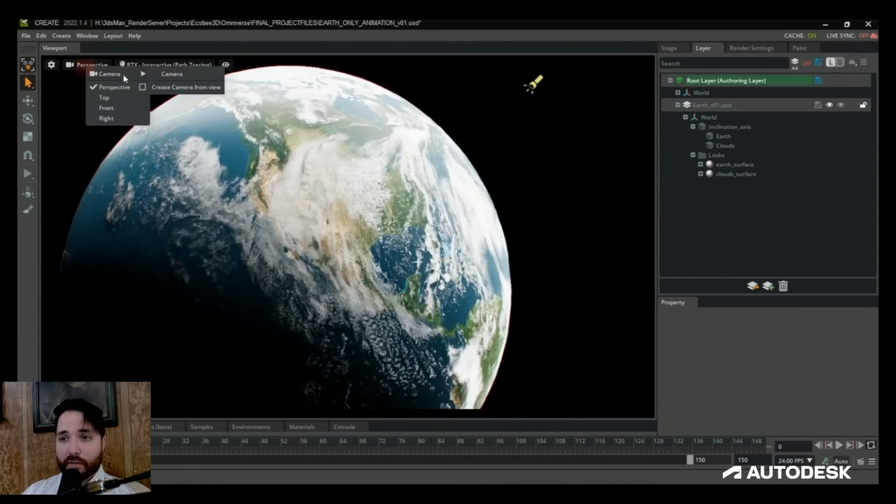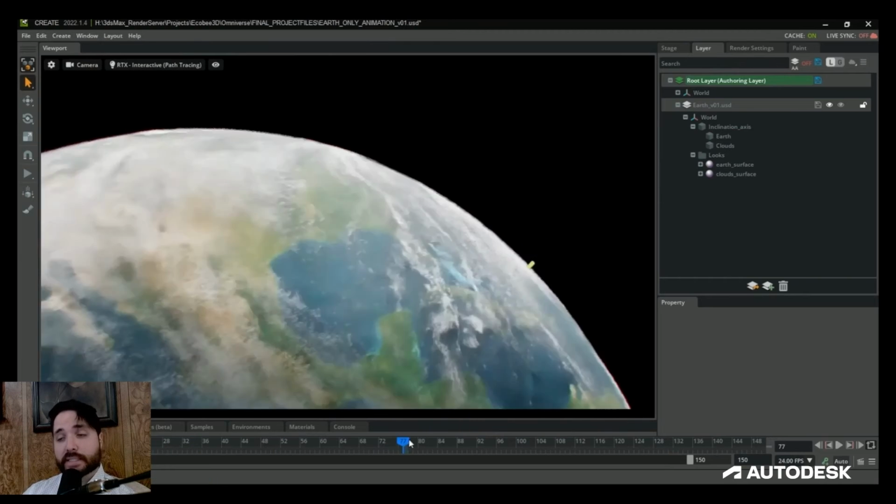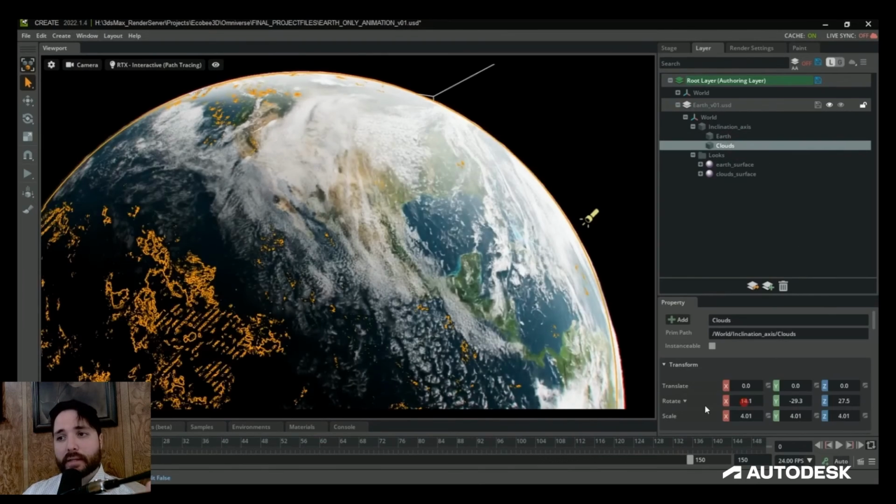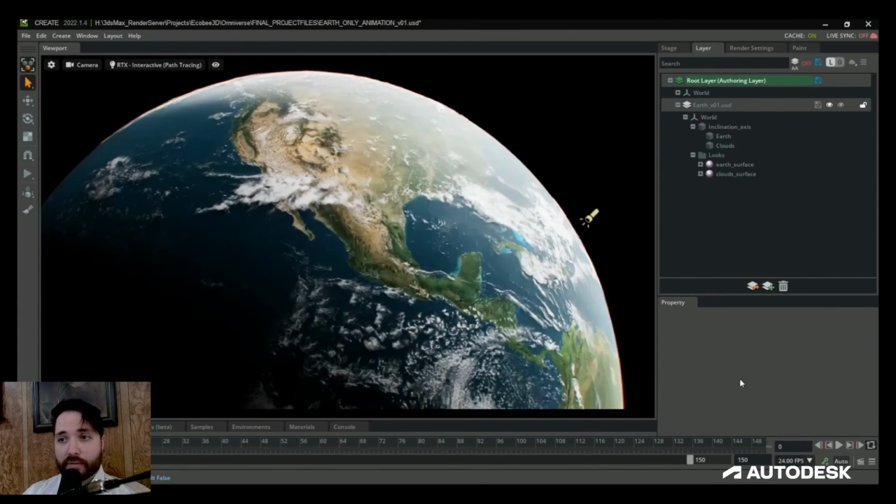I love how it can handle multiple 16K textures of the Earth and clouds, and just how easily I can animate my lighting to extreme positions without any kind of lag. I never had to worry about guesswork or hoping multiple render outputs would connect together in post. I could just see everything in my viewport as the final output and make instantaneous design changes on the fly.